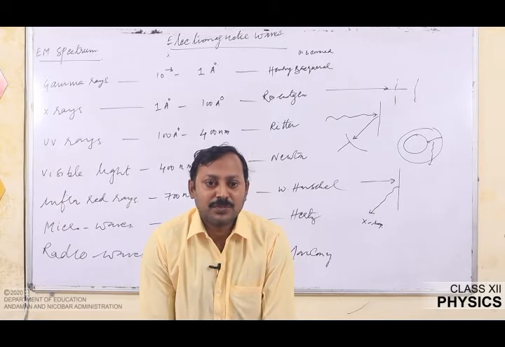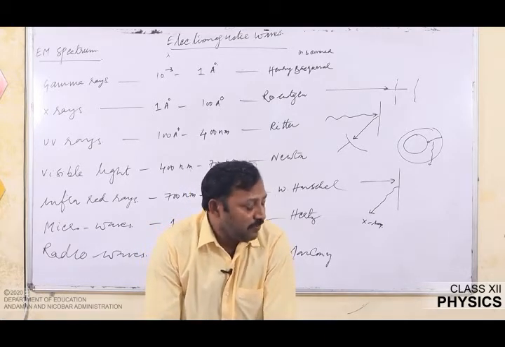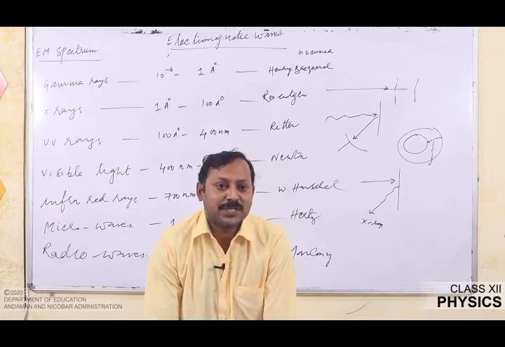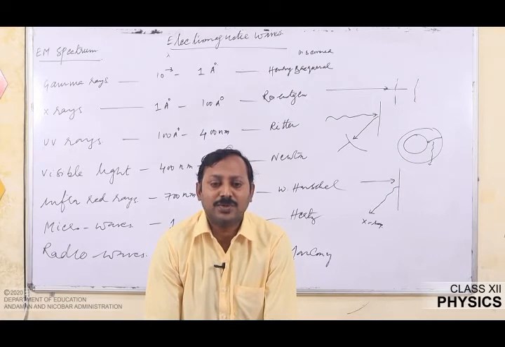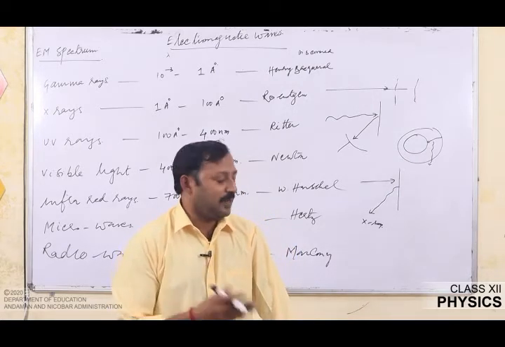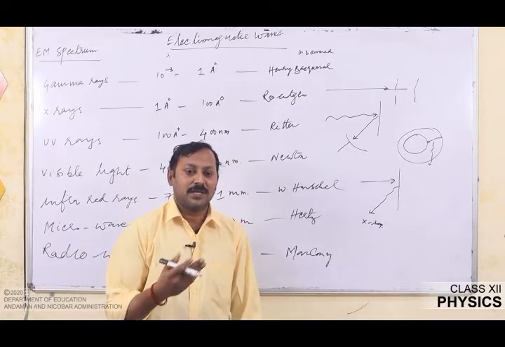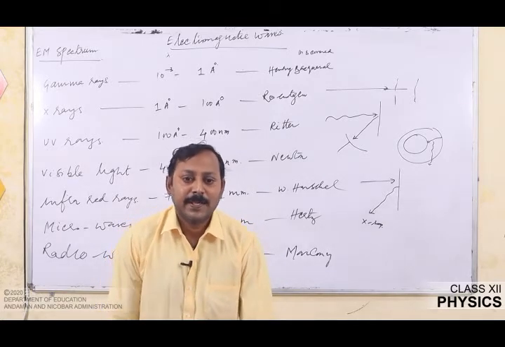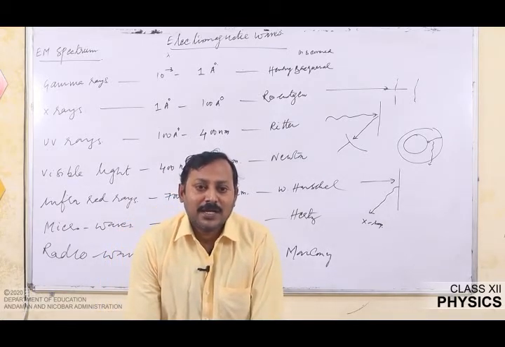The Sun is one of the sources by which ultraviolet rays are produced. Ozone, which is present in our atmosphere, absorbs this harmful ultraviolet radiation and converts oxygen O2 to O3. Thereby, it filters the UV radiation, and the remaining radiation which is necessary for us is received at the earth's surface.